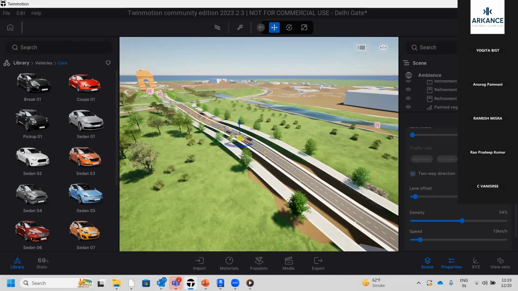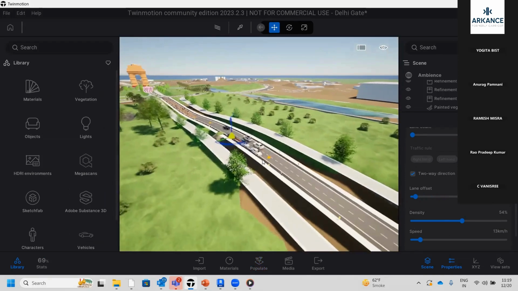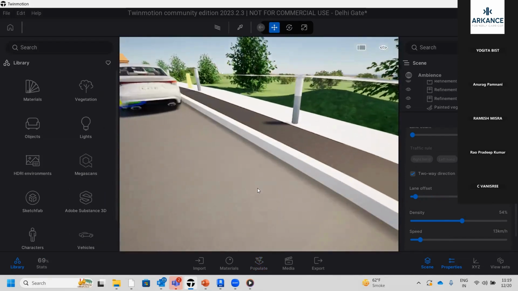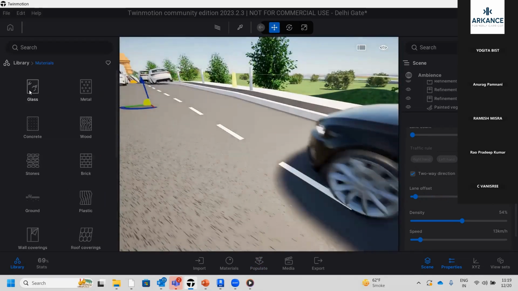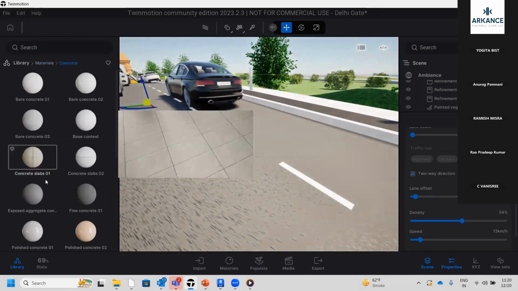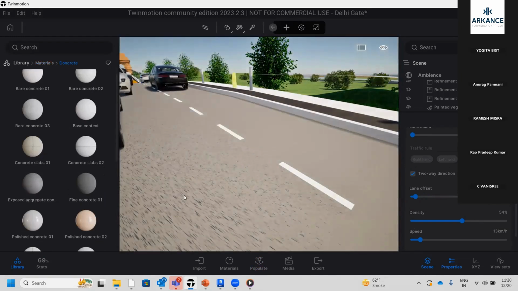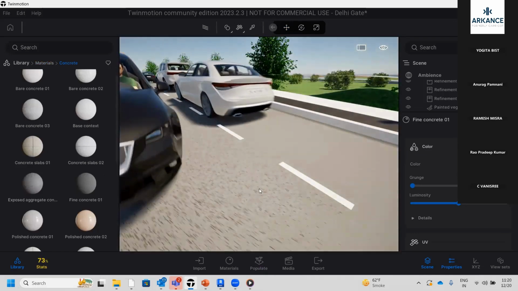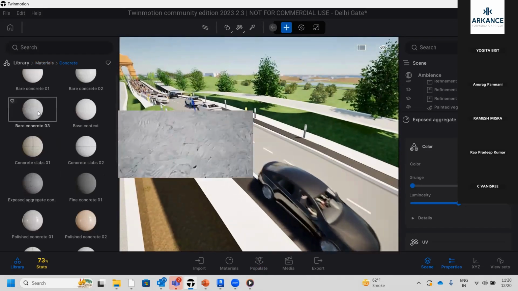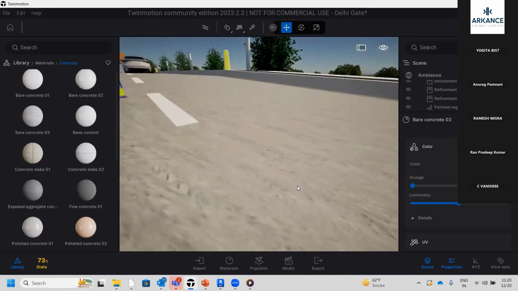So we have seen like library assets. I can showcase to you furthermore certain library assets and materials. For example, if I just need to have this road का texture, right? तो मैं मटेरियल्स पे चला जाता हूँ, कंक्रीट के किसी भी मटेरियल पे चला जाता हूँ, and you can see just simply drag and drop, कलर चेंज हो जाएगा, मटेरियल चेंज हो जाएगा इस तरह से। सो केवल ड्रैग एंड ड्रॉप का काम है, सिंपल।